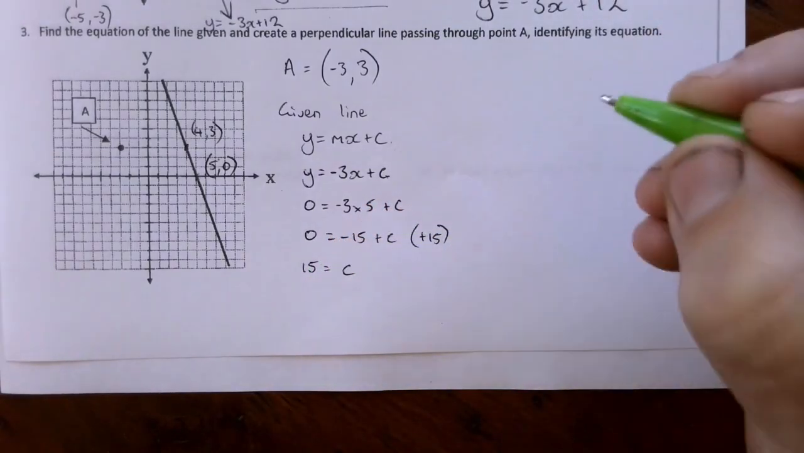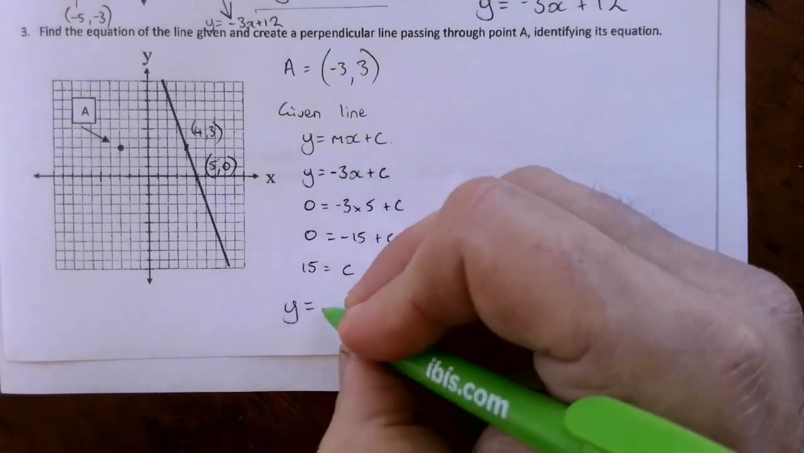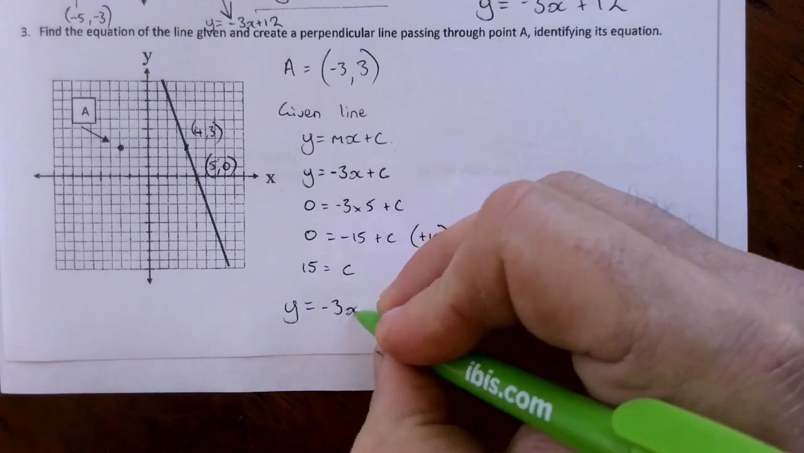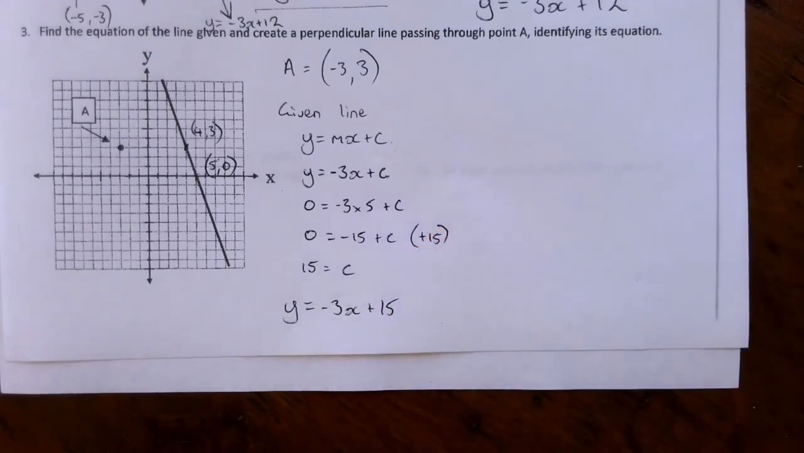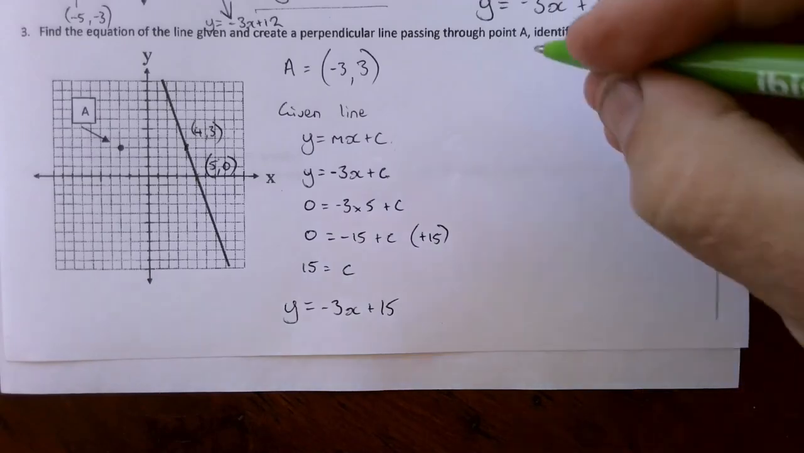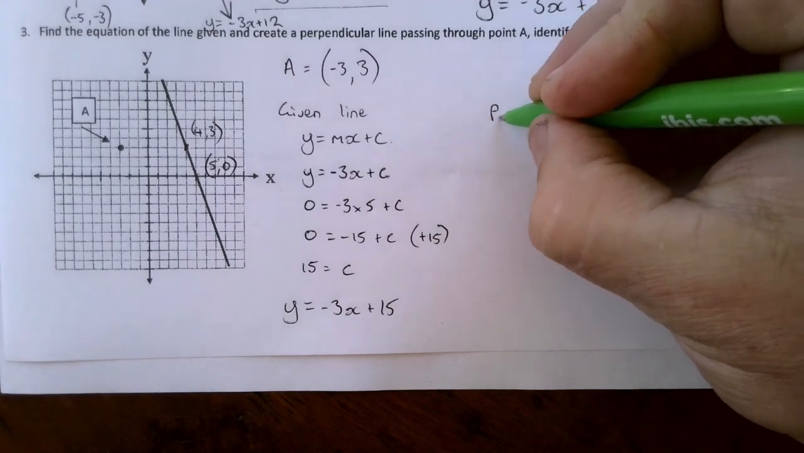Okay, so we've got our formula for our given line now. Y equals a gradient of -3 and a c value of 15. Okay, time to go looking for our perpendicular line. Okay, so our perpendicular